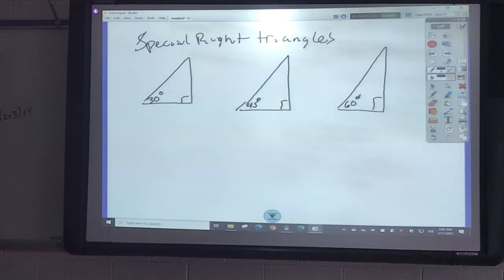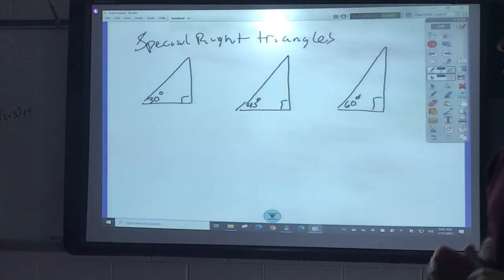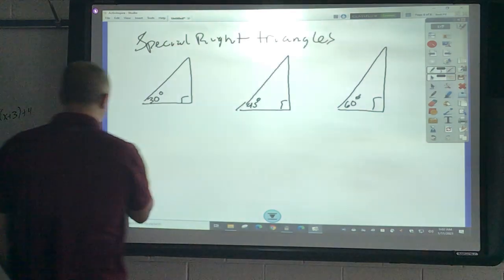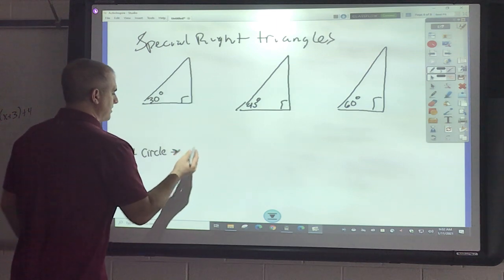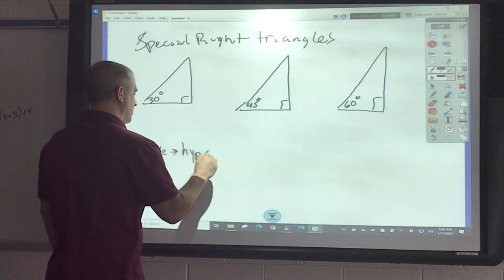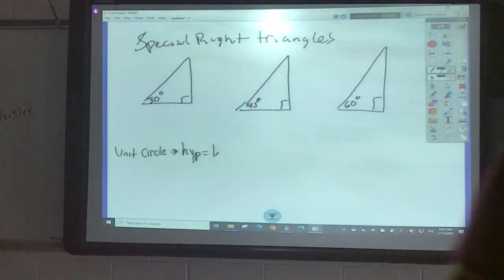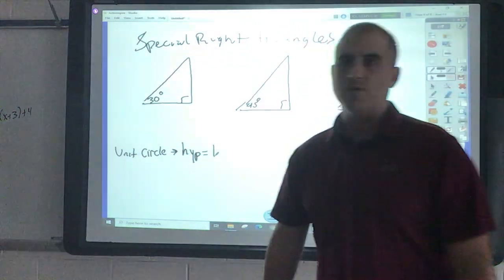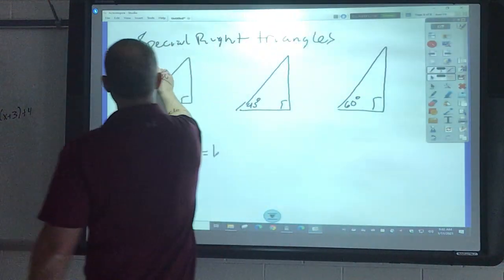Now, all right, we're going to tie this into the unit circle coming up in the next lesson. The idea of the unit circle, and I'll draw that out next time, is that the hypotenuse is 1 unit. We'll talk more about the unit circle next time, but just for right now, just write that down. Now, what that means is if my hypotenuse is 1